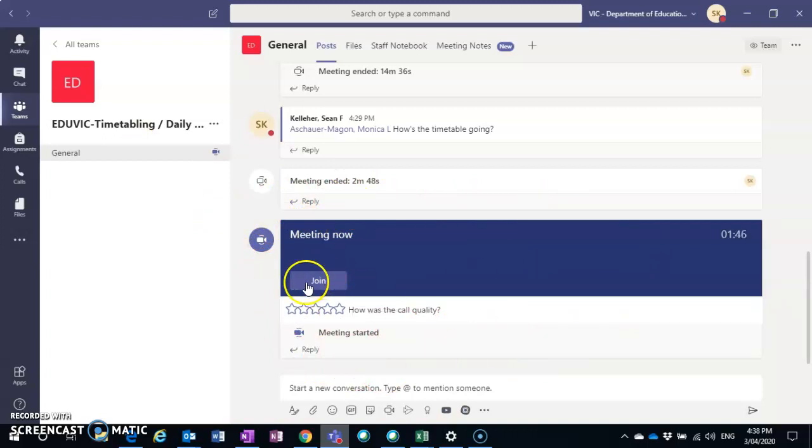Sometimes it seems to occur here, or if it's scrolled off the top of the screen up here, somewhere up in the top right hand corner usually. There's often a join button, and there's a camera icon over here as well that shows that there's a meeting running in that team. So I can just get back into that meeting